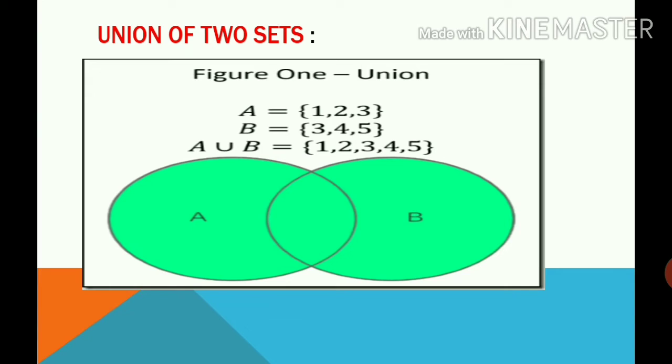And when you draw the Venn diagram, you have to shade all the areas of set A and B. Because in A union B, you have to write down all the elements. A union B shows all elements. So it means that you have to shade all the area of A and B in the Venn diagram. Okay ji, let's move forward. I hope that this is clear to you.